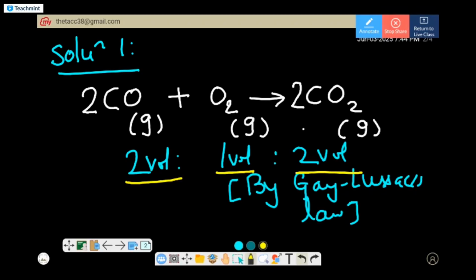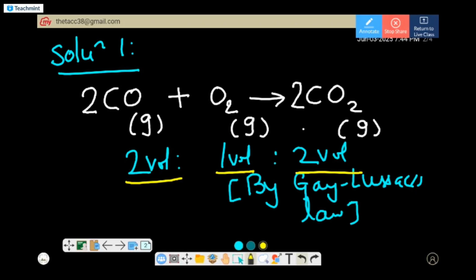That's the first part to do. Now you are supposed to do the calculation about how much carbon dioxide is produced. For that, you have to do a calculation. Carbon monoxide and oxygen, both their volumes have been given to you, correct? Carbon monoxide in the sample, in the question, is 450 cc, and oxygen is given as 200